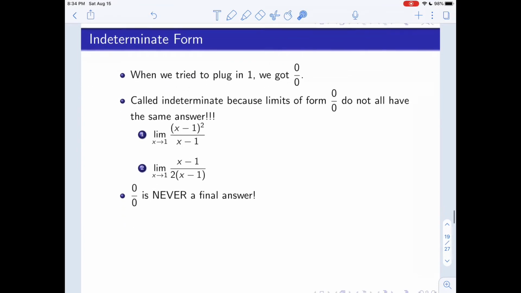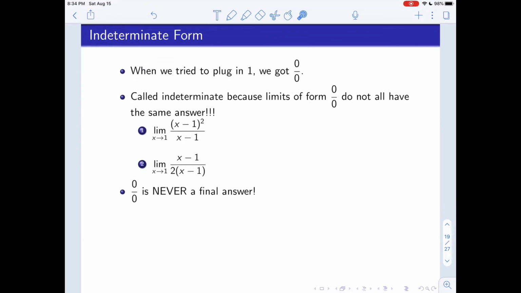Now, we called this section indeterminate limits. The reason we did that was, you noticed when we tried to plug in that 1 in our first problem, we ended up with 0 over 0. And the reason it's called indeterminate is because all the limits that show up as 0 over 0 don't always have the same answer. So, keeping in mind that canceling trick, if I look at these two limits,